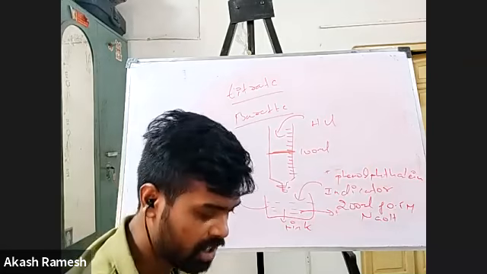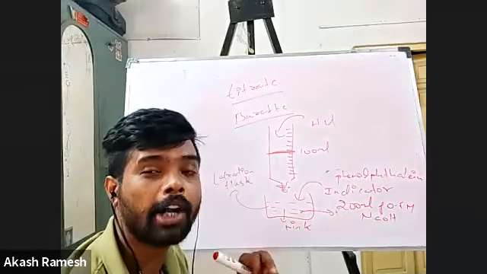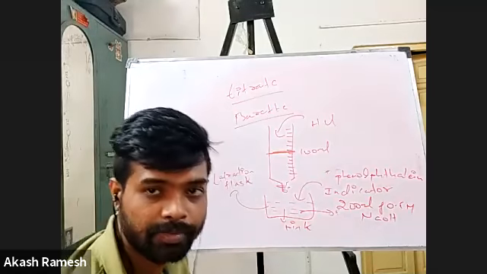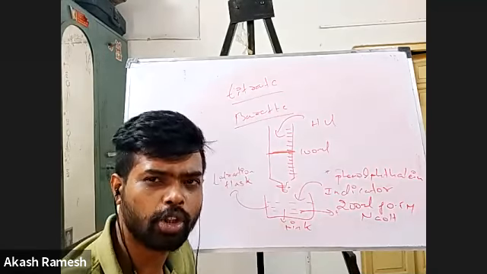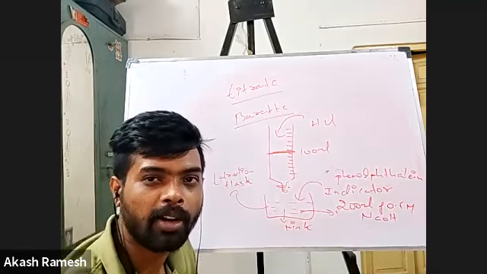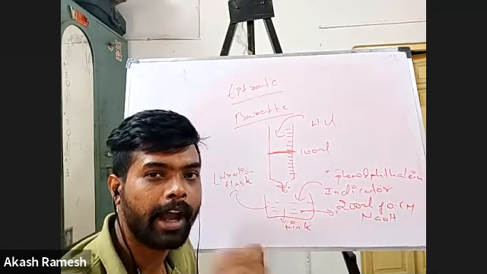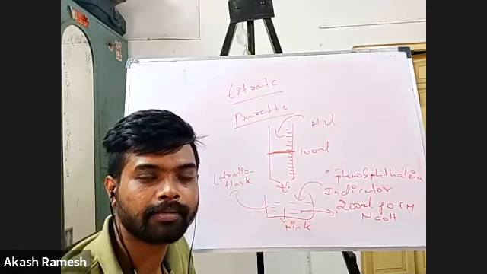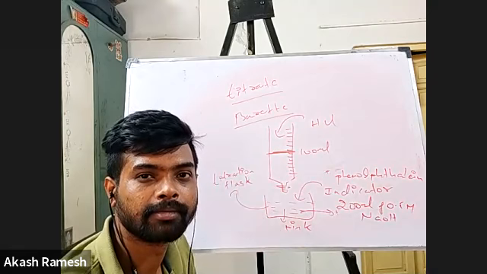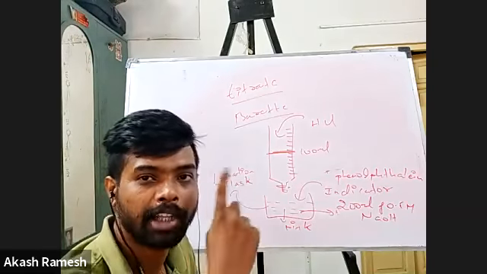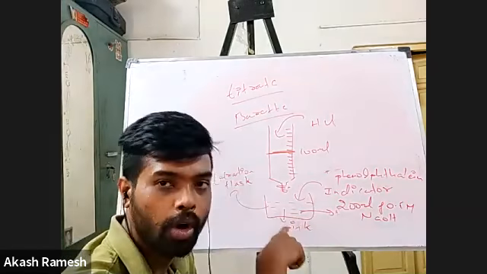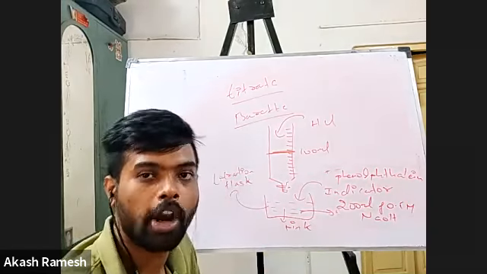Now the question is, if I have to find the unknown concentration of NaOH, I have given you an NaOH solution whose concentration you don't know. Tell me which will come in the burette and which will come in the titration flask. NaOH will come in the burette. Correct. Whichever solution has the unknown concentration will come in the burette, and the other solution, which is known, will come in the titration flask along with the indicator.